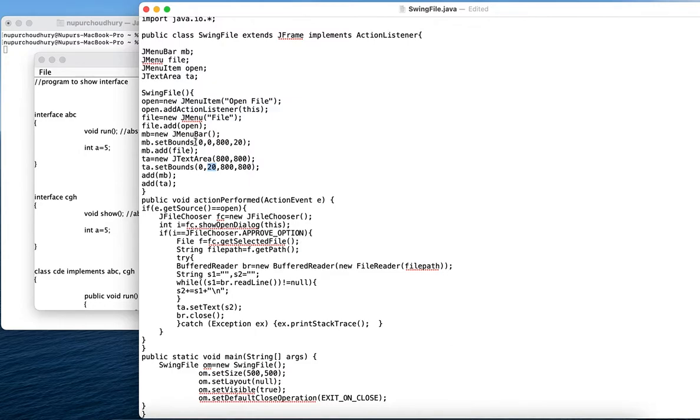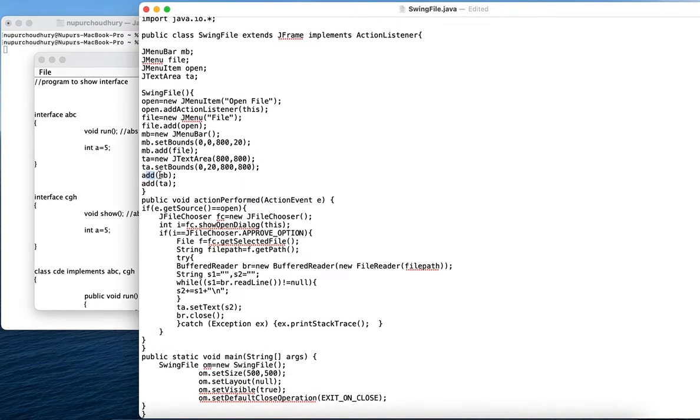The menu bar has height 20, so the text area should start from 20. The 800, 800 is the height and width of the text area where the things would be printed.